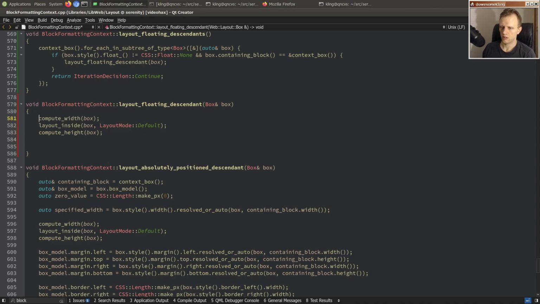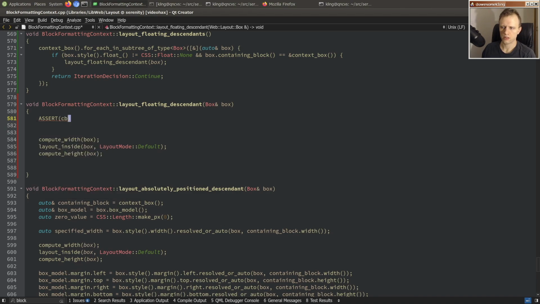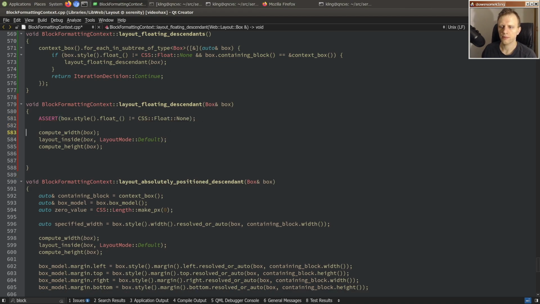So, assert box style float is not float none. Okay, so now we know how wide it is. We've laid out everybody inside of him, and we computed the height. All that's left to do is place it somewhere. So if box style float is CSS float left,